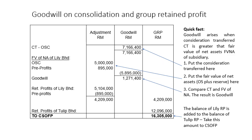Okay, let's go through the calculation. So now we are going to compare the consideration transferred for purchasing the ordinary share of subsidiary that amounts to 7,166,400. We compare with fair value of net asset of Lily Berhad on the same date that comprised of ordinary share capital 5 million and also profit available on the date of acquisition 895,000. So when we add the ordinary share and pre-acquisition profit of Lily Berhad on the date of acquisition, the amount is